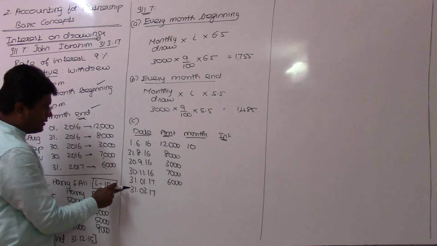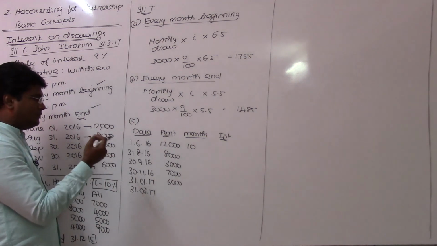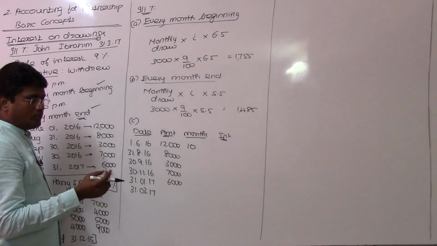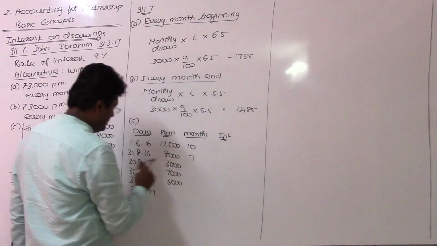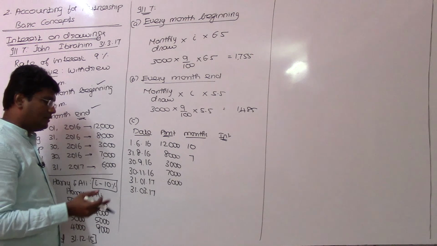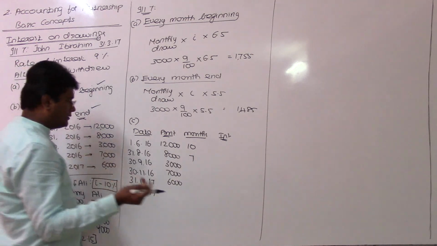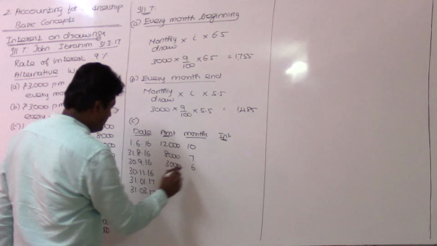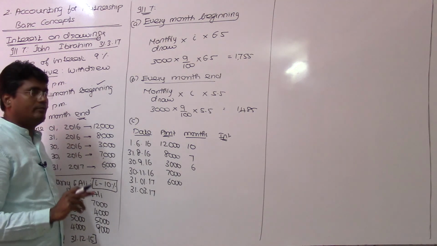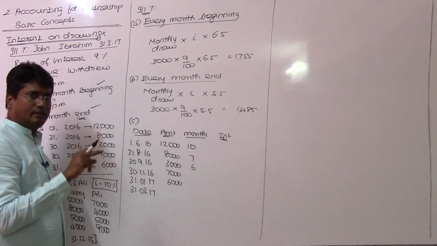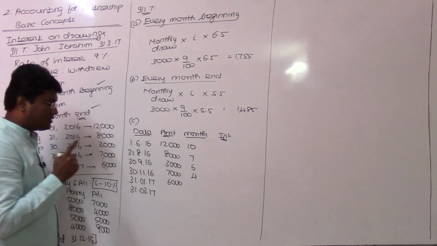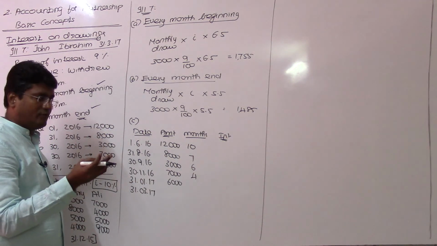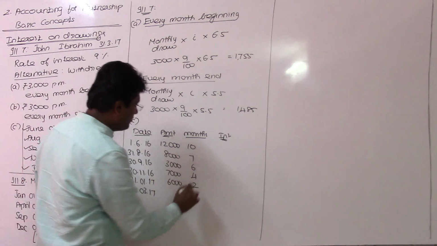The next one here, August 31st, leave August because it is the last date. September, October, November, December, and another 3. So, 4 plus 3, 7 months. And 30 September, leave the 9th month, 10, 11, 12 and another 3. So, we have 6 months here. And 30 November, leave the 11th month because it is the last date. So, 12th month and January, February, March 3. So, 4 months. And this is 31st January, leave January, February and March, only 2 months eligible for this.